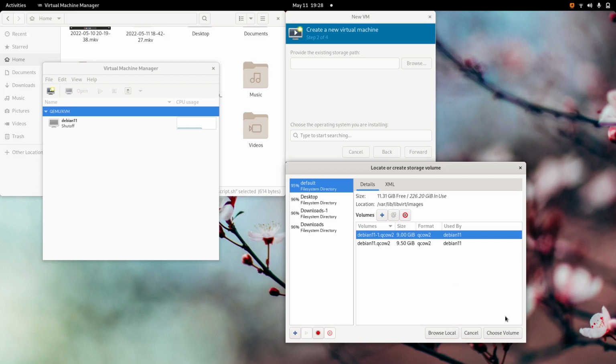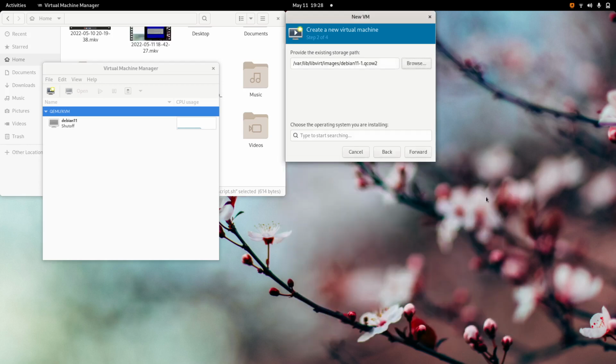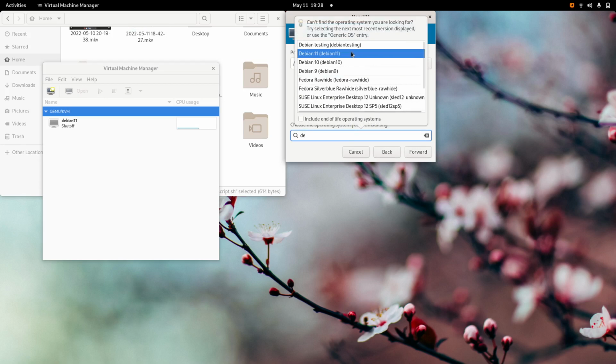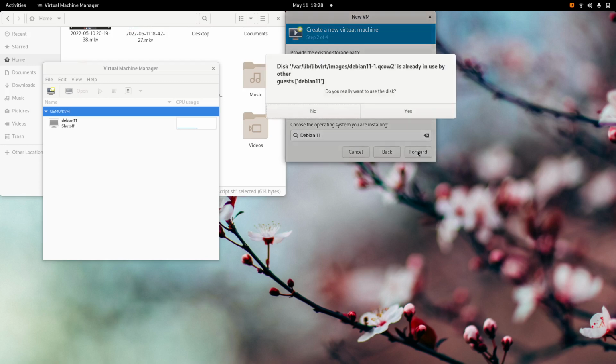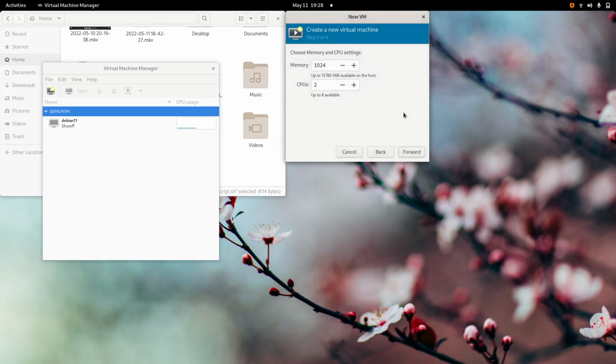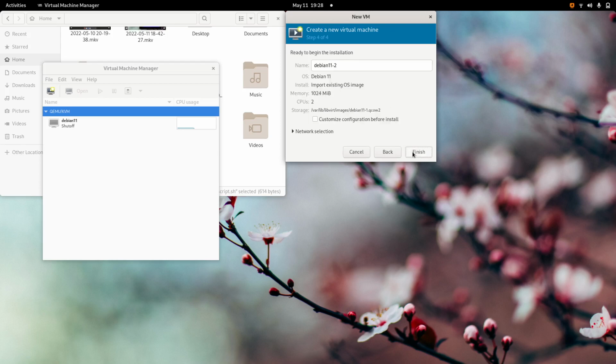It's not working. And so I choose this volume here. I tell it that's a Debian system to receive. And yes, it's already in use, but I don't care. Yeah, the setup could be something entirely different, could be the same. It's not a matter. This time I don't want to customize things. I just want to